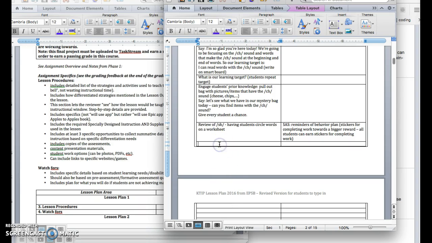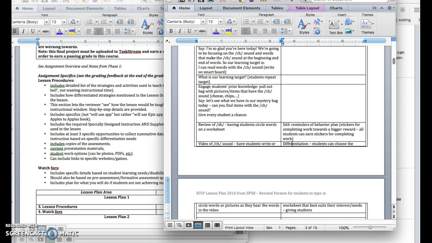So that lesson might include a video of the ch sound, have students write or circle words or pictures as they hear the words in the video. And this is differentiation. Students can choose the worksheet that best suits their interest needs,